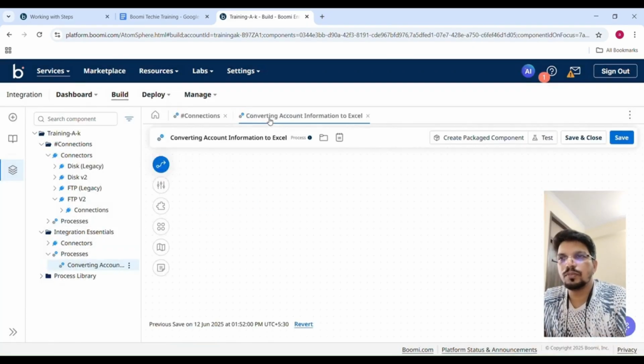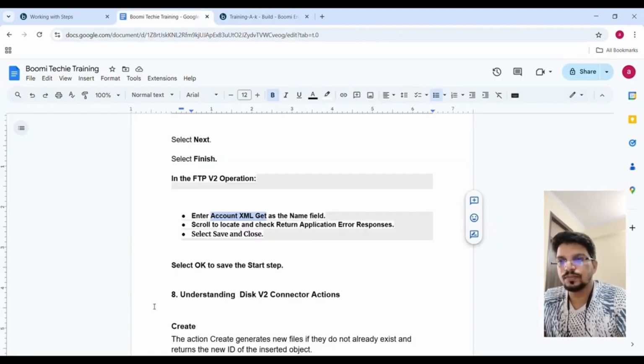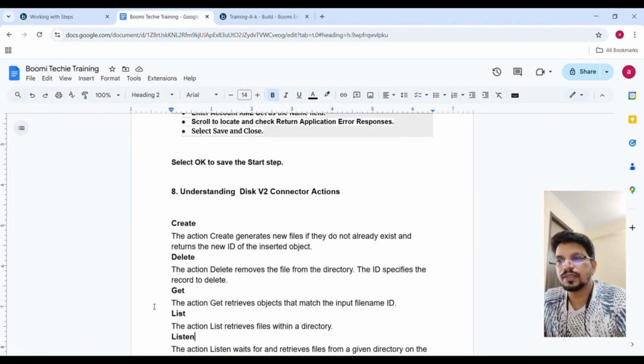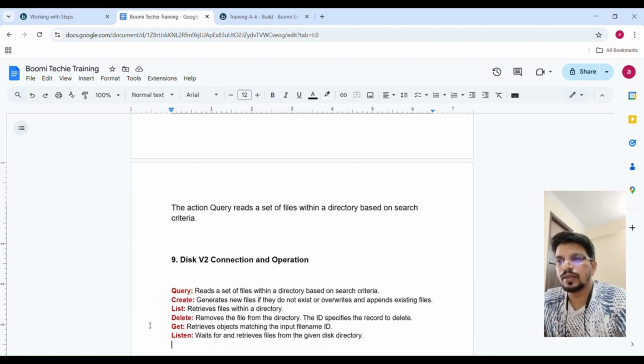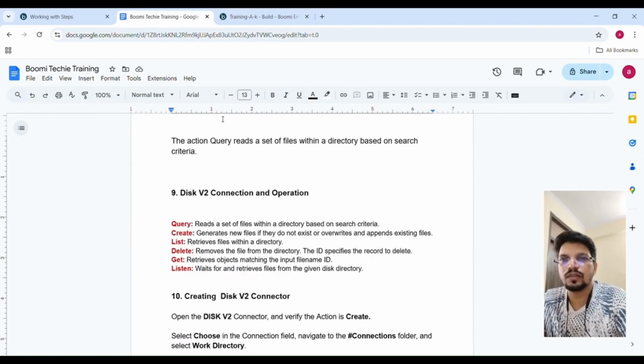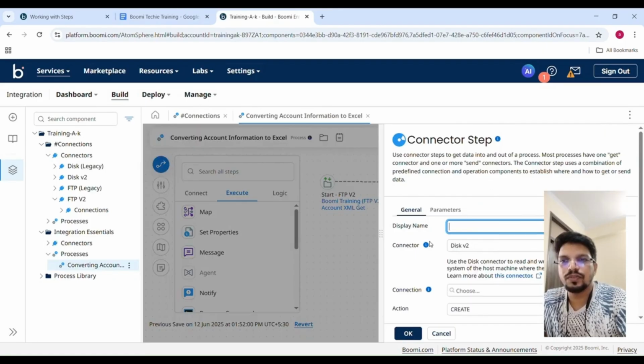Converting account information to Excel, so ये प्रोसेस है हमारा। अब देखते हैं नेक्स्ट पॉइंट क्या है, अंडरस्टैंडिंग Disk v2 कनेक्टर। सो Disk v2 कनेक्टर में सेम होगा, क्रिएट, डिलीट, गेट, लिस्ट, लिसन, ये सारे एक्शंस हैं। क्वेरी एंड ऑपरेशन में आप देखोगे क्वेरी, डिलीट, लिस्ट, गेट, लिसन, तो ये सारे ऑपरेशन के एक्शंस हैं। हम देखते हैं यहाँ पे Disk v2 कनेक्टर।